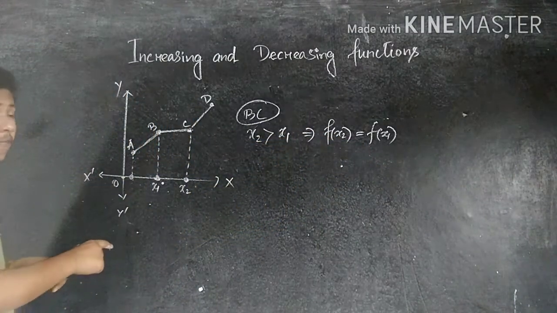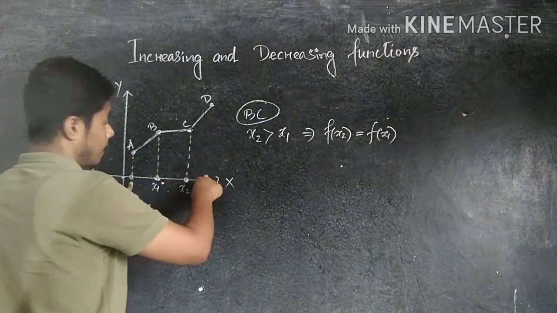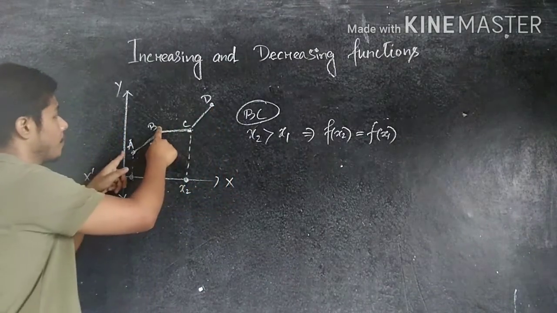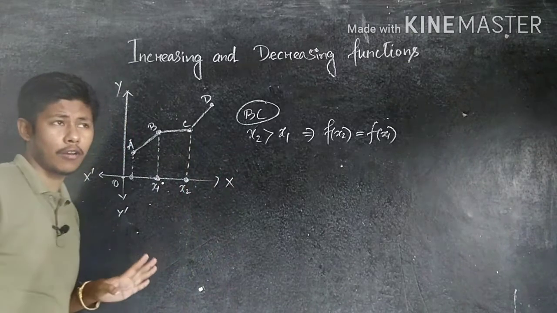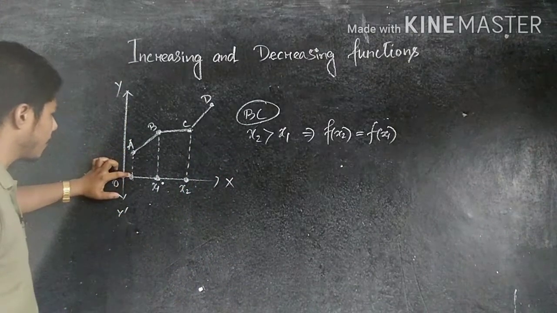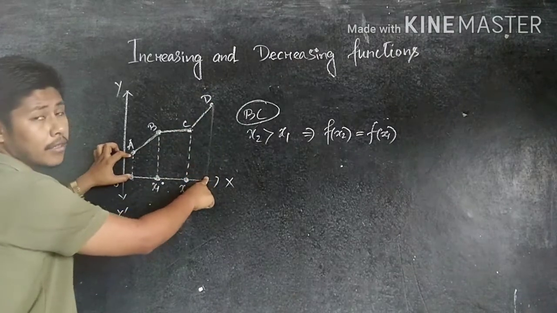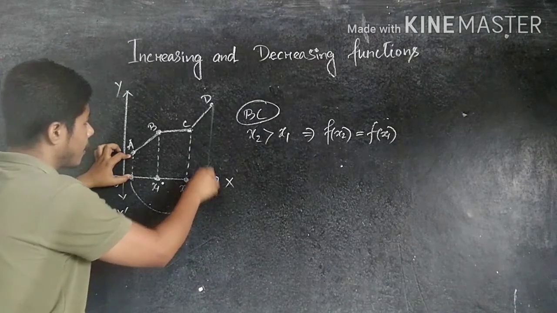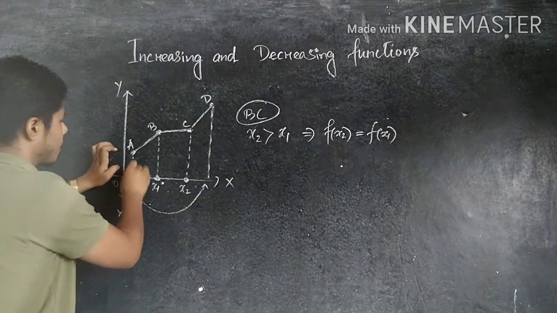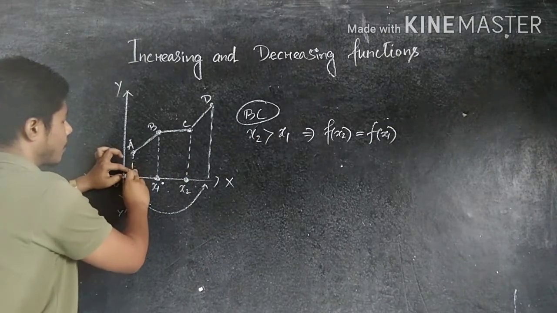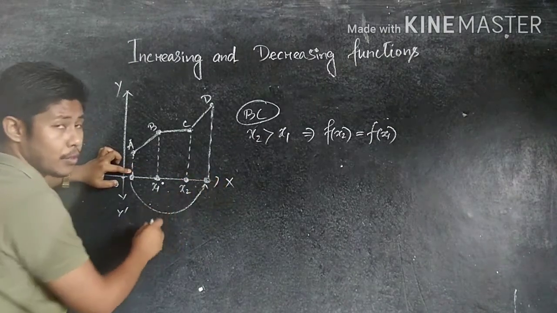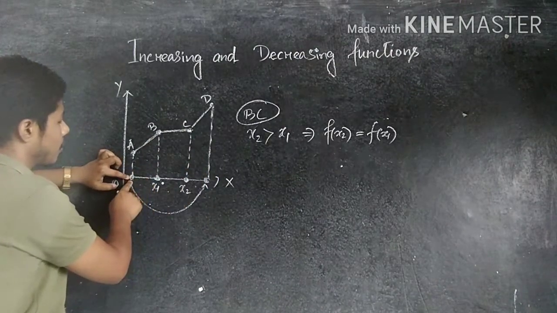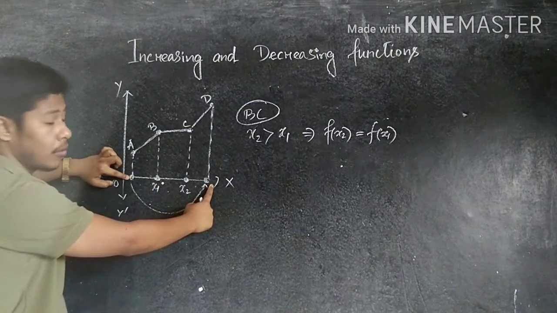But the same condition, if you see for A and D, or A, B or C, D, whatever the length of A we get, the length of D is greater. So now, drawing the perpendicular a second time, if this coordinate we consider x1 and this one we consider x2, which one is greater?